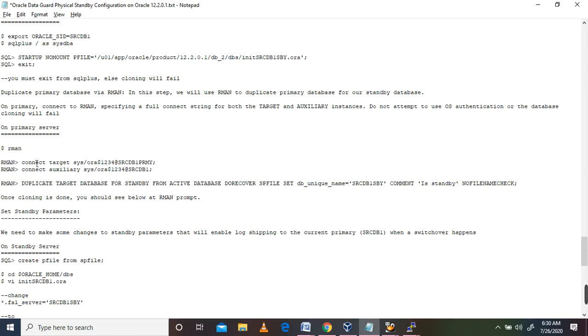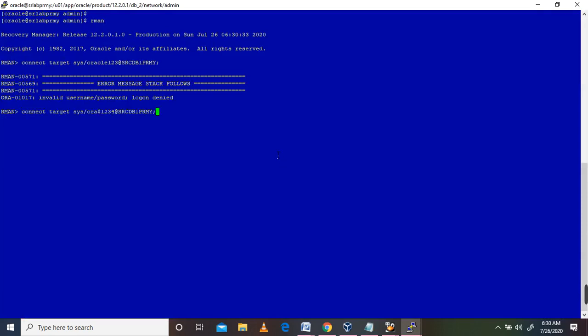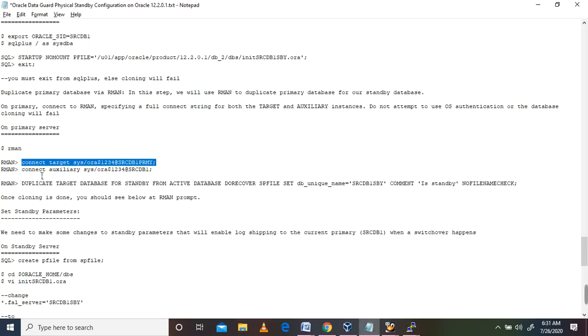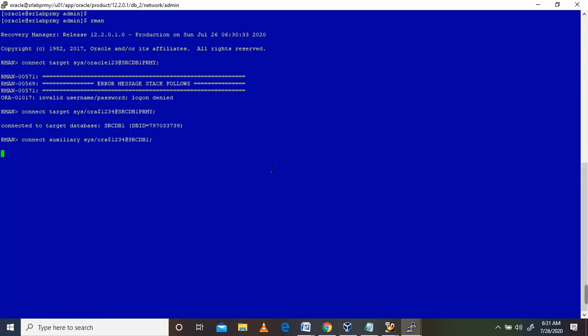So I have created the password file on the standby side as well. So I am connecting target, got connected, and I am connecting the auxiliary instance. So that is in nomount. We have started the auxiliary instance.